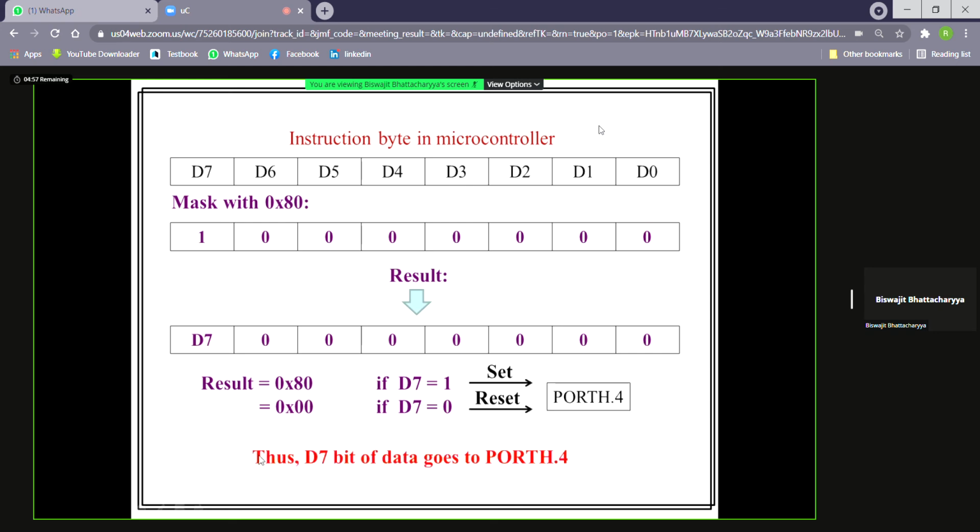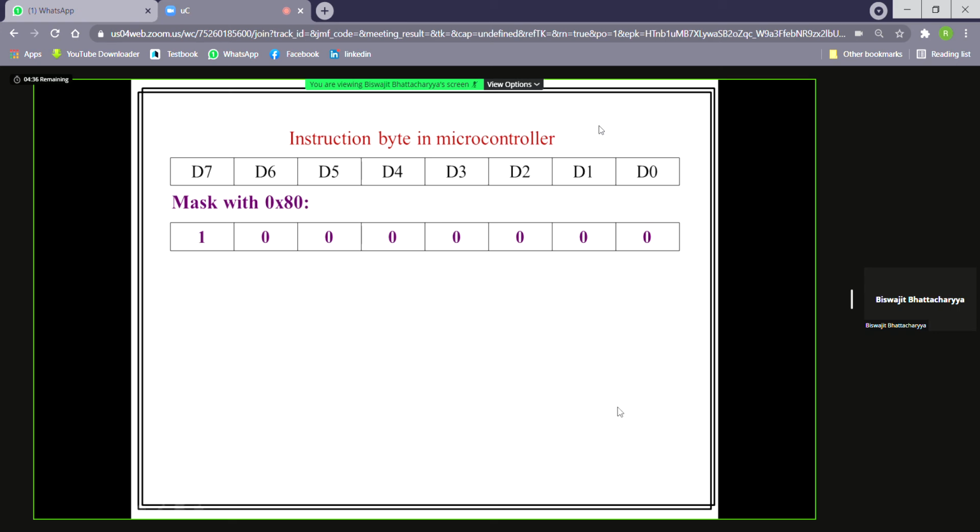Now if the result is equal to 80 hex, then we will set port H.4 equal to 1. If the result is 00 hex, then we will set port H.4 equal to 0. So D7 equal to 1 means port H.4 will be equal to 1, and D7 equal to 0 means port H.4 will be equal to 0.